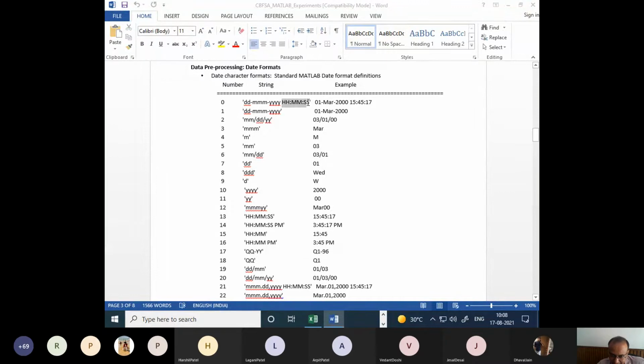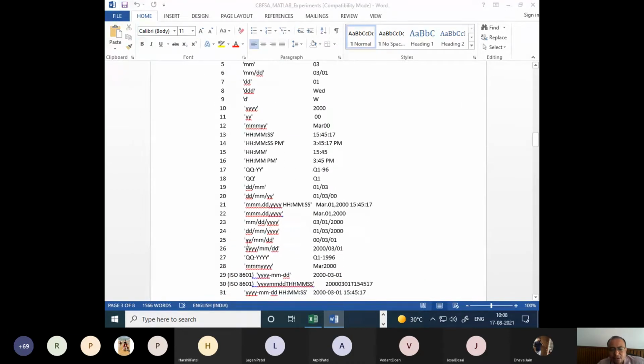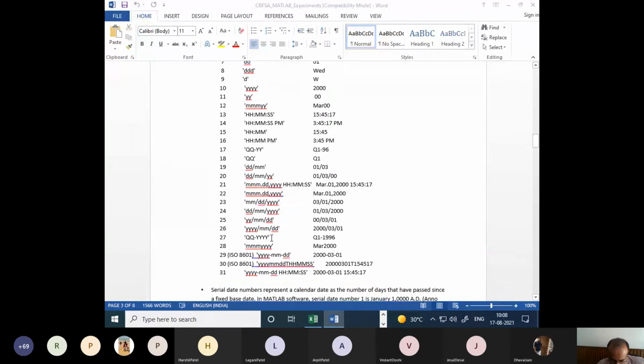Sometimes along with the date, it is also necessary to specify a time. In stock market data, that is also necessary. Suppose you are not working with the daily close, but with hourly, minute or say 5-minute data, then it is necessary to specify the hours, minutes and seconds also. Seconds may not be that important, but hours and minutes are needed. In some other fields of data science, seconds are also important. So sometimes it is necessary to know the hours, minutes and seconds, the timestamp of the data. There are so many ways, and you need not remember them. Basically, we require the month, date and year in our subject.